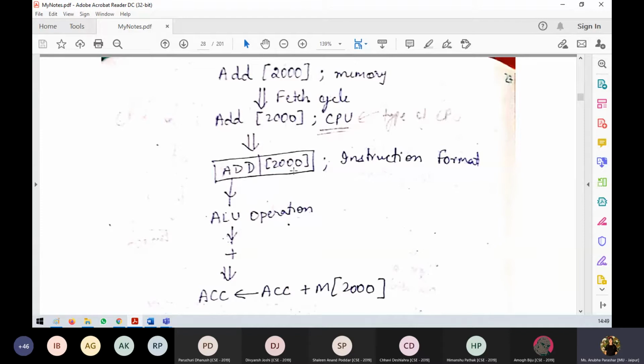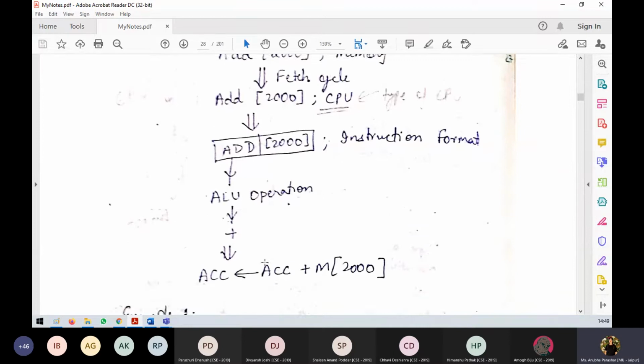So what does this mean? At this memory location, there will be one data with which we have to add. Now how will it be added? Because it is an accumulator, whatever the value in the accumulator is, plus the memory location. Suppose it consists of 1 0 and it consists of 1 1. So these both values will get added and stored into the accumulator. So this is how the operations are being done.